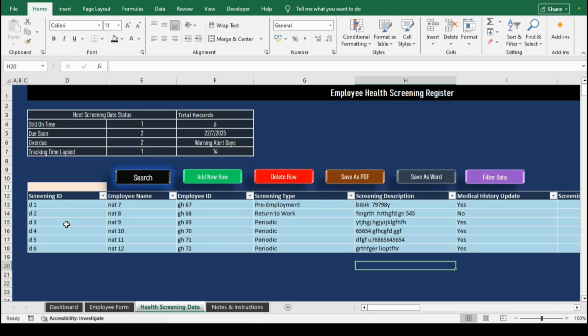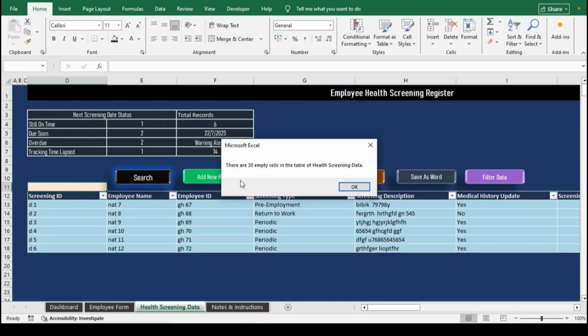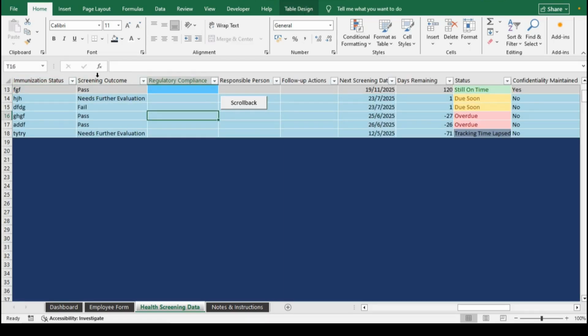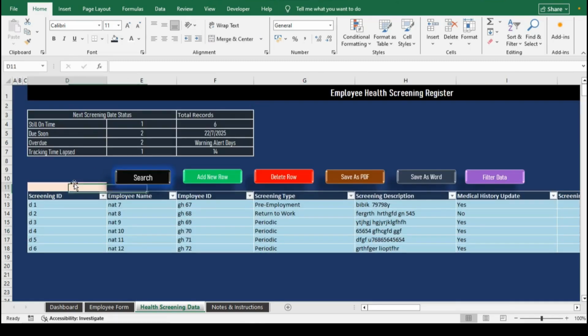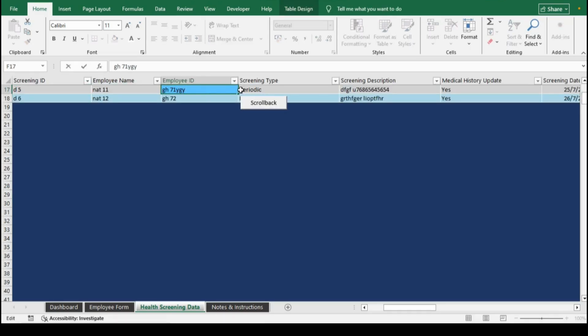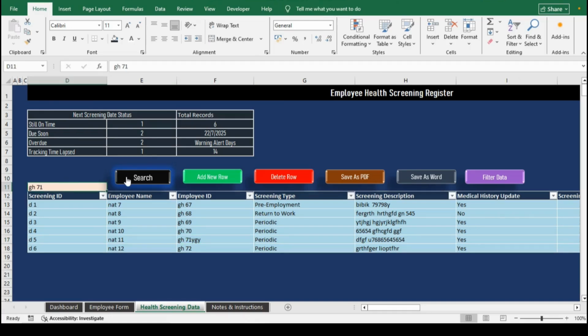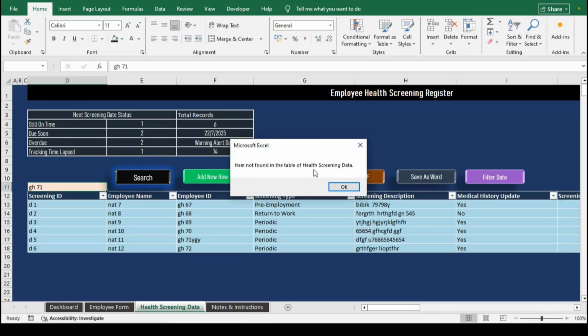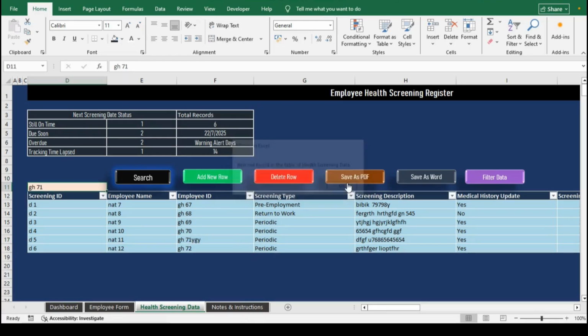I will now put the video on fast forward as I demonstrate how each of these buttons works, just to save time while still showing the full functionality in action. The search button plays a crucial role in efficient data capturing by quickly locating specific complaint records within the main table. It eliminates the need to manually scroll through rows, reducing errors and saving time. This functionality ensures accuracy when updating or reviewing complaint details, streamlining the overall complaint management process and improving productivity for